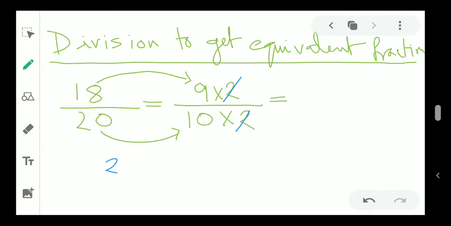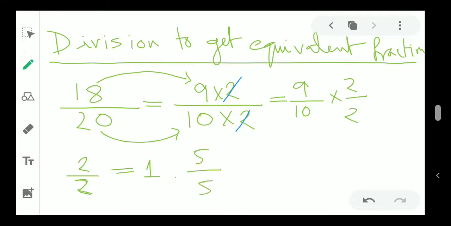Because you know that 2 by 2, so this 9 by 2, what we can write, so let me make it easier for you. We can write this thing as 9 by 10 into 2 by 2. I can just split it, separate it. Now 2 by 2, that means what? This is 1 basically, because 2 by 2, 5 by 5, the same number up and down, they become 1.